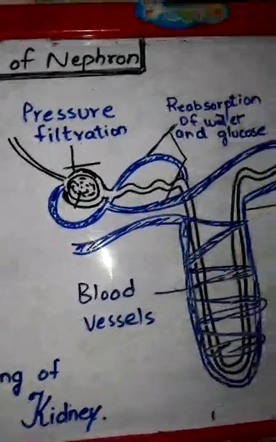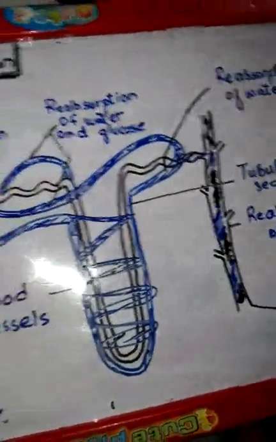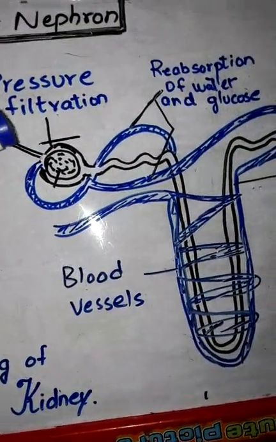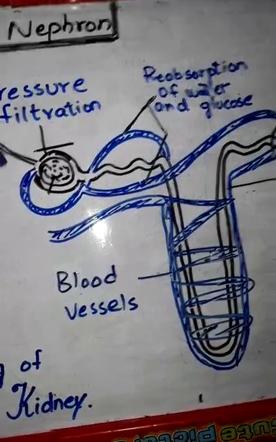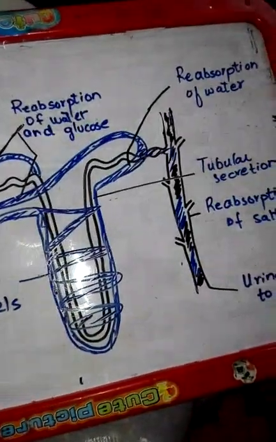In structure we have only read the parts of nephron. This is what, this is what, and this is what. But now we are discussing the exact function, that what does this part of nephron do. What is the function of this part? What is the function of this part? This and that. Alright guys. I know you have an understanding of this.